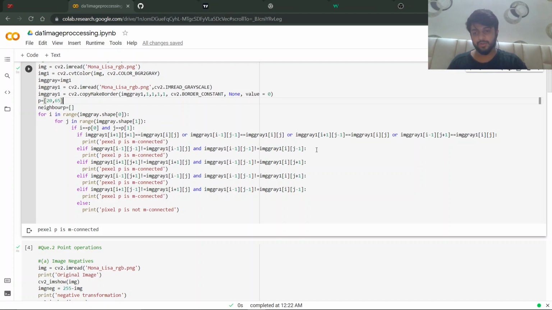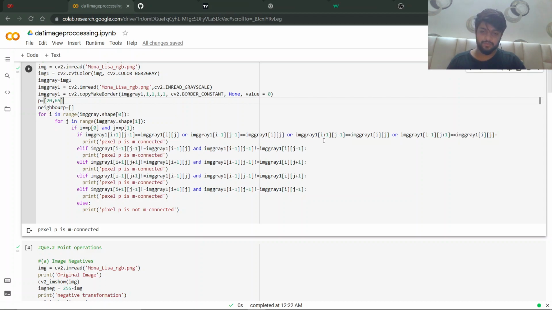But if not, then we have to check the 4 neighbors and 8 neighbors. If the set of 4 neighbors is not equivalent to the set of 8 neighbors, it is called M connected. And if any pixel value is the same between 4 neighbors and 8 neighbors, then it is not M connected. So we do exactly that.